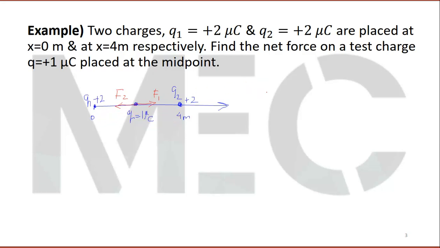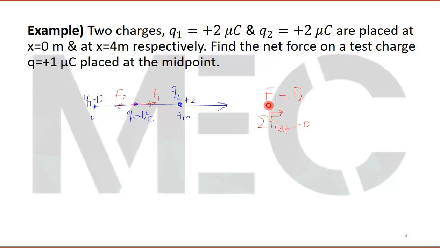So the magnitude of F1 is equal to F2, but the direction of F1 and F2 are opposites, and therefore the resultant force that the test charge Q experiences is